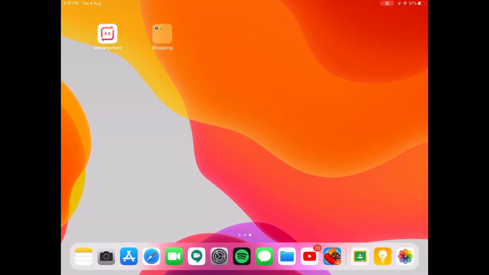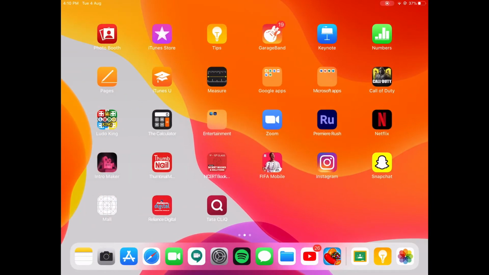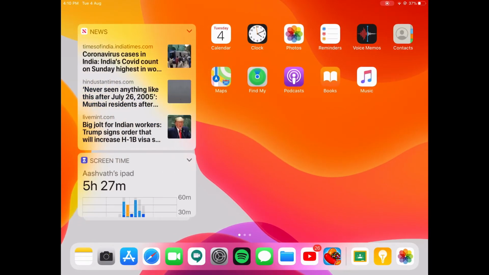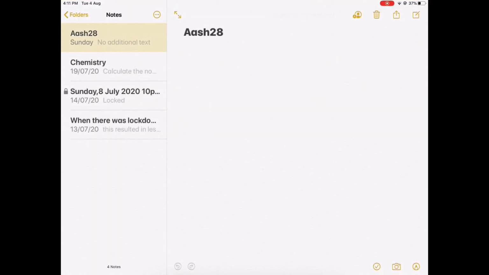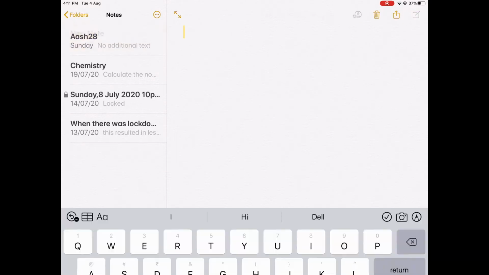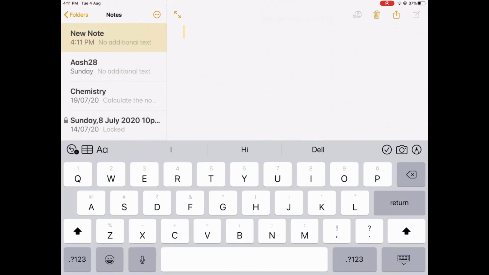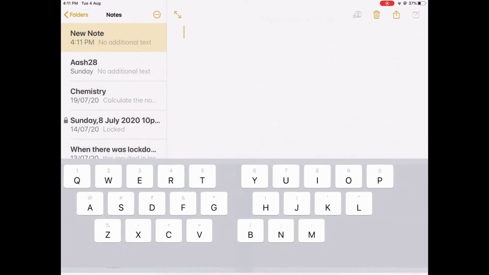You can also use the keyboard in various ways. I will go to the Notes app. Let me find it. Where's the Notes app? Yeah, there is the Notes app. Like this, if I want to write anything in a note, and I don't want to use the keyboard in its full form, I can just long press on the keyboard button and use it in split view.